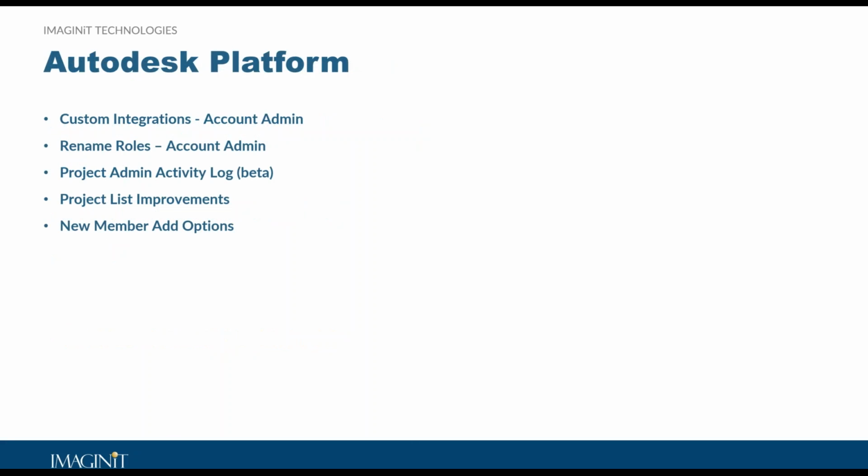All right, so with the Autodesk platform, there are really 5 key feature updates that I wanted to cover. The first one's pretty quick, but that is the custom integrations that are found in your account admin, the ability to rename roles globally within your account throughout all of your projects. Project admin activity log, a really good one and one that was heavily requested by customers. Project list improvements and new member add options. So I will go through each one of these in detail. I have slides to support all of these for each different module of the ACC,